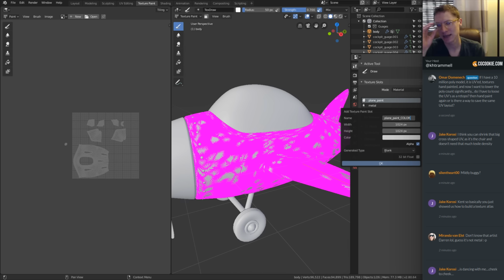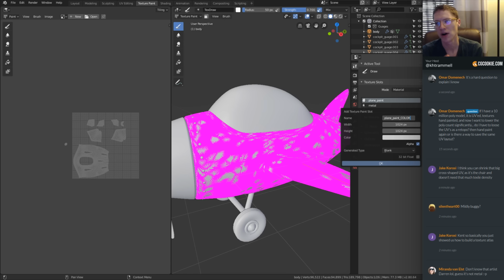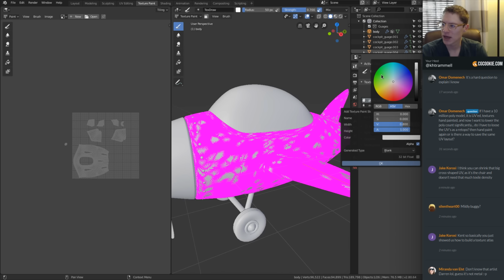That's how I like to name textures: usually the same name as the object or model I'm creating, with an underscore and then in all caps, displacement, normal, color, metallic, that kind of thing. That's just how I do it. And then for the size, let's go with 2048. The color, let's make it that kind of,